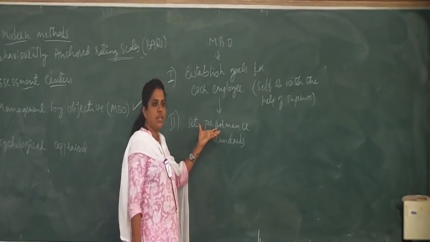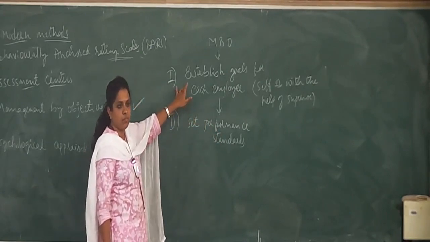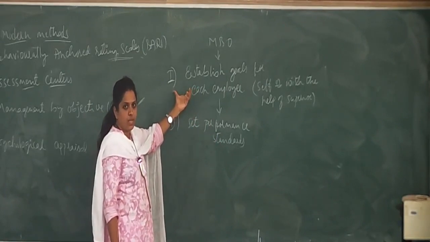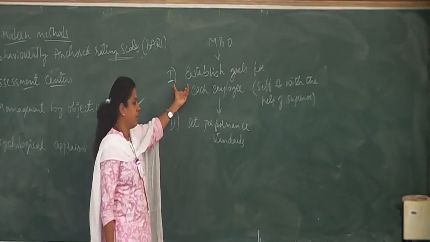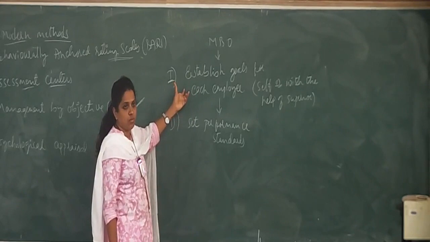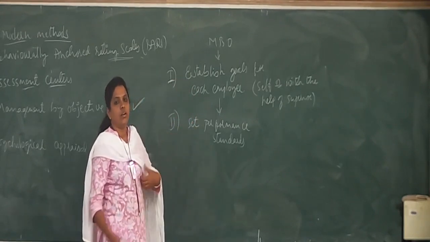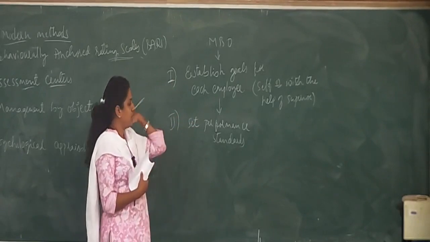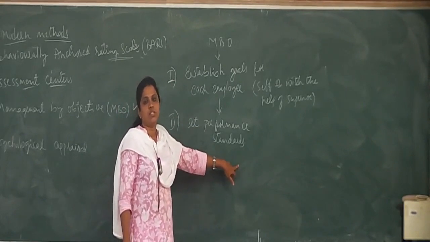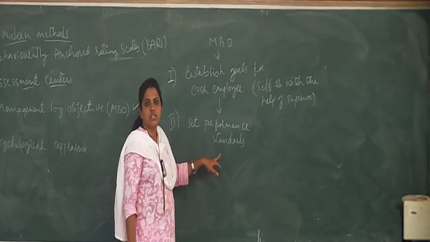Similarly, if you take the person who is working on a machine, he has to reduce the maintenance work, or he has to reduce the breakdowns that are happening in between the work. That is his objective. For that, what does he have to do? Maintain the machines properly, check the machines periodically. That could be his performance standard.